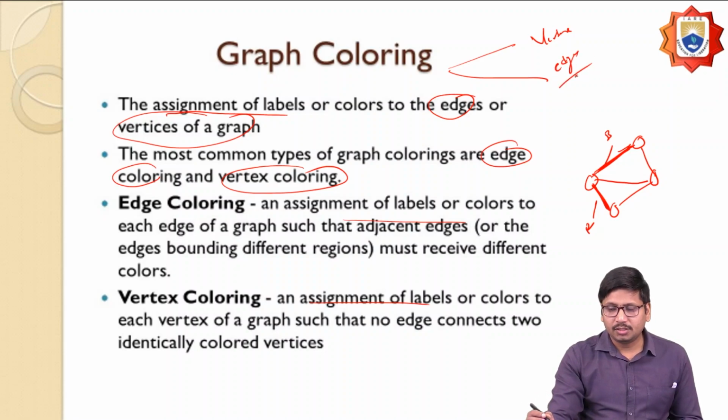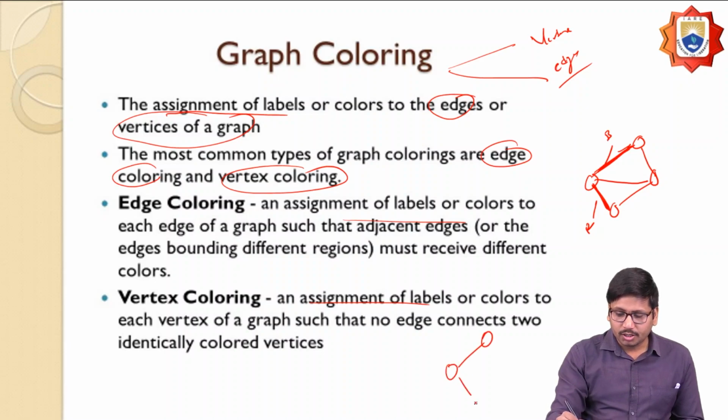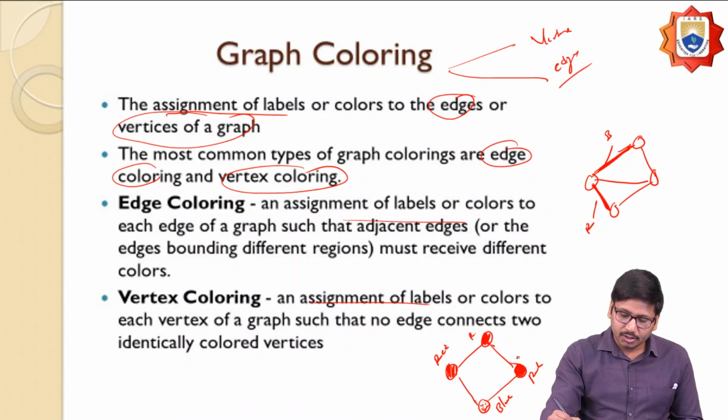So what does vertex coloring mean? If I consider a graph here, and one vertex is colored red, the next should be some other color, that should be blue. If I map another vertex with red, these two adjacent vertices must not coincide. Suppose I use red, then two adjacent vertices would have the same color, so I'm not going to apply red in this case. For that, I have to apply another color, blue. Seeing it like this, no two adjacent vertices have the same color. That's why we call this